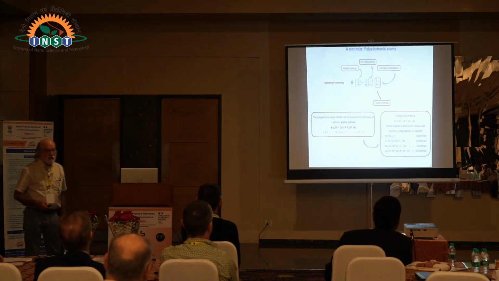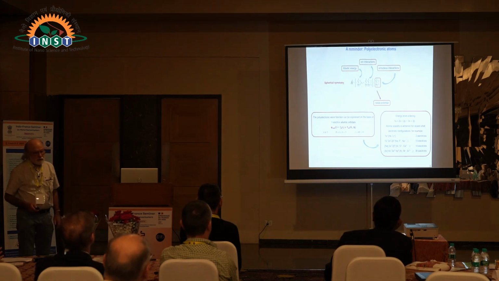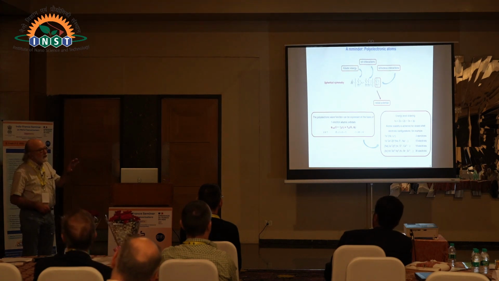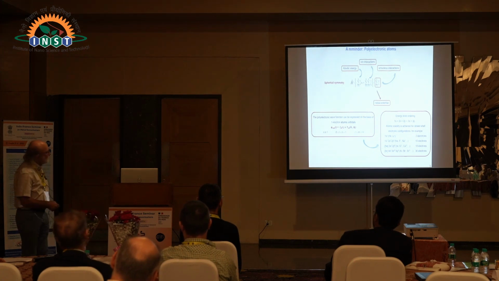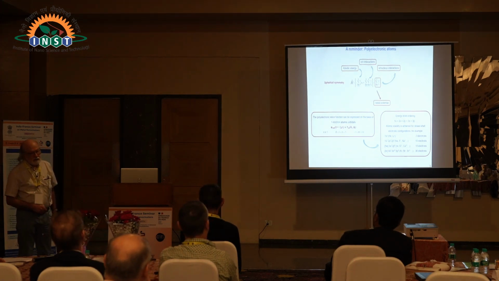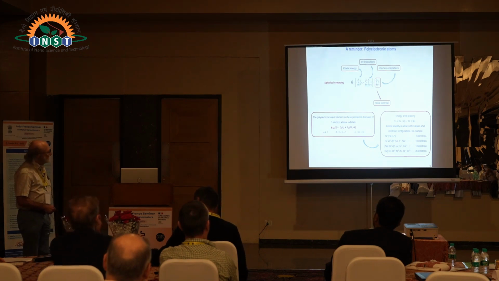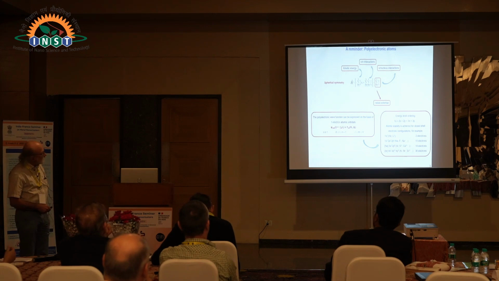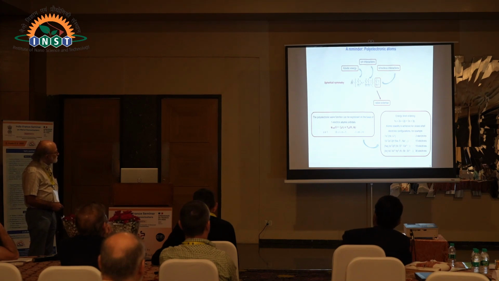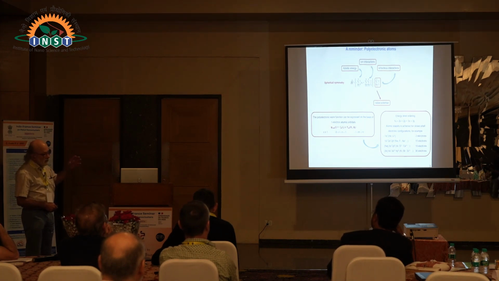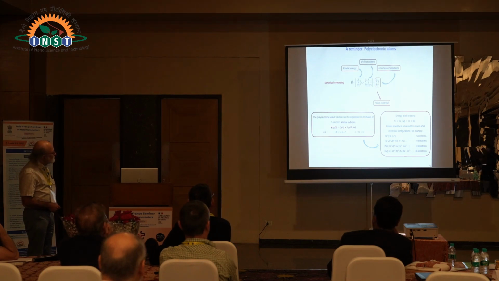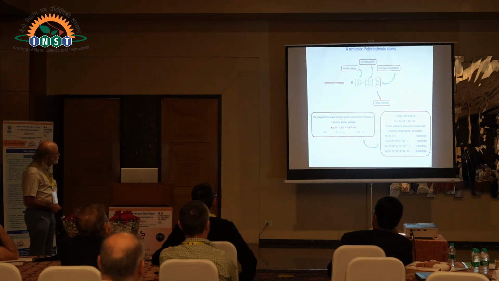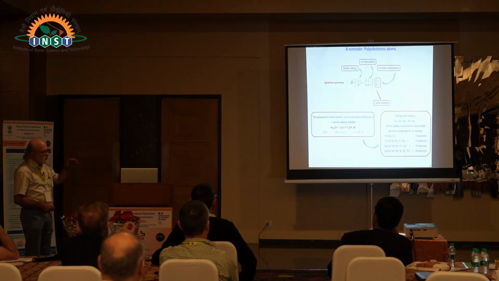So what is a superatom? Before starting talking about a superatom, let me remind you something that anyone in this room knows very well. This is the electronic structure of a polyelectronic atom. So this is the Hamiltonian of a polyelectronic atom in atomic units. I would like to focus on this part of this operator, which is the potential describing the interaction between the electrons and the nucleus. Of course, the system is of spherical symmetry, so this potential is spherical. It's a radial potential. It depends only on the distance of each individual electron and the nucleus.